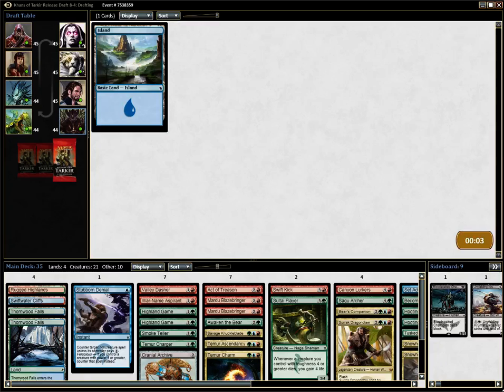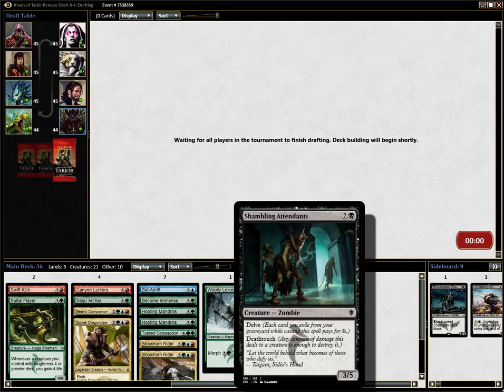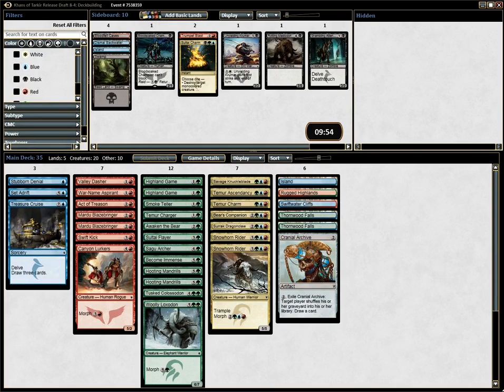So we got Shambling Attendants, which I'm happy to have. By the way, talking about perfect creatures, that is a damn perfect creature. Not only can it not be killed by anything, it also kills anything. All right, so